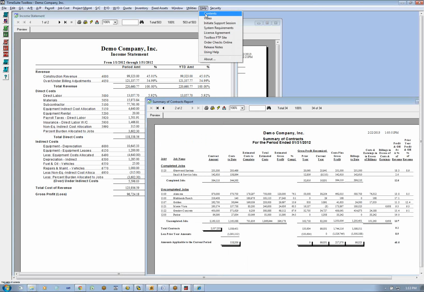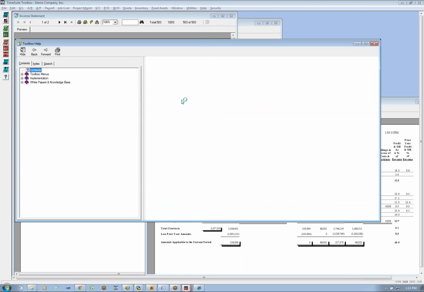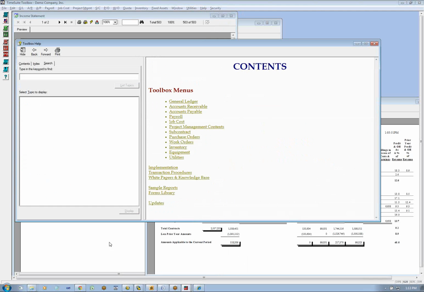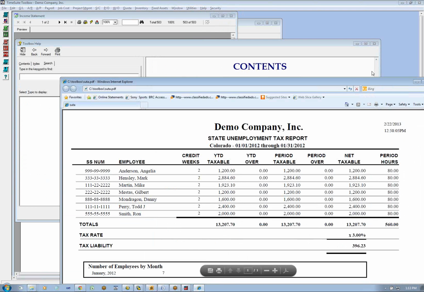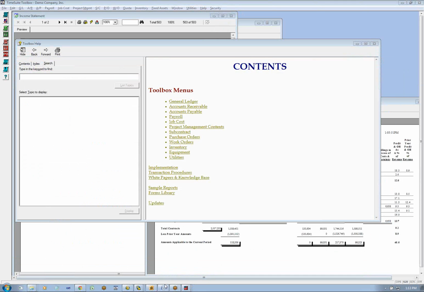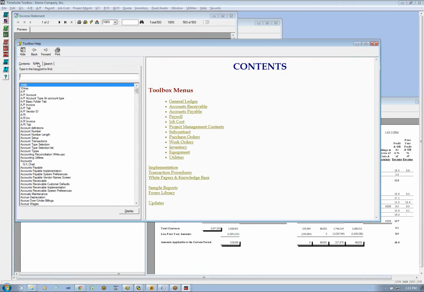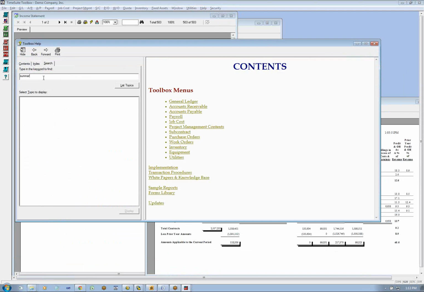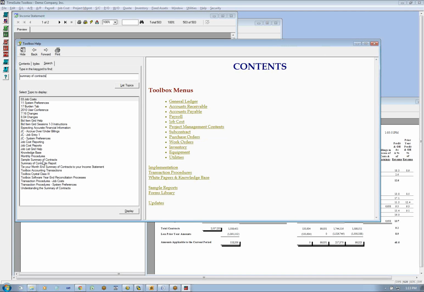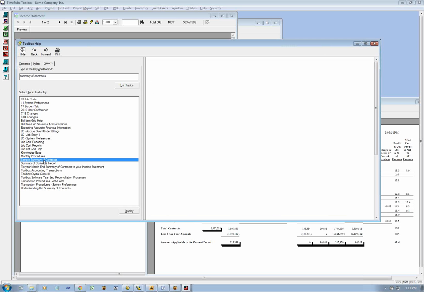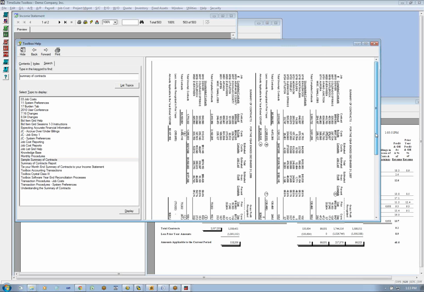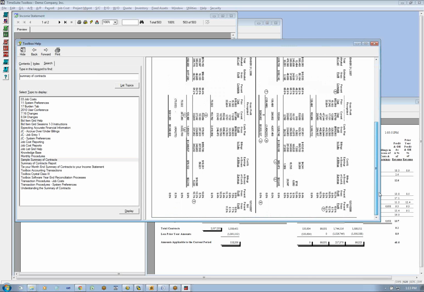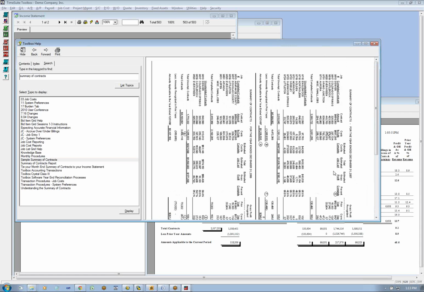Now in the help screens, contents, there is some information on it. And I like to refer to the user guide that we do in the conference because I'm a lot more familiar with how to get around in it. But here's a sample summary contract. So if you print this out, it kind of shows you how everything ties together.